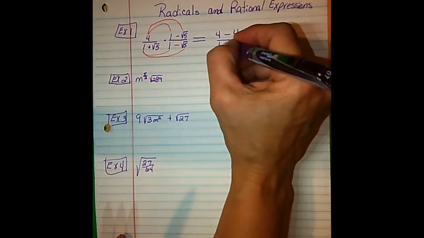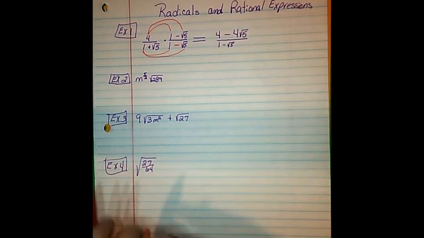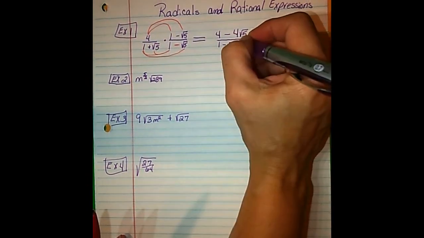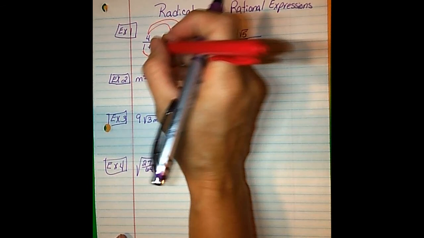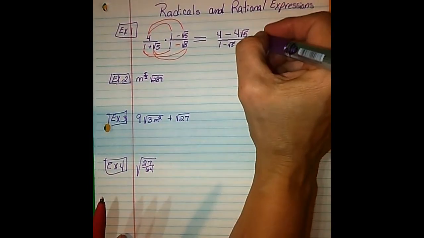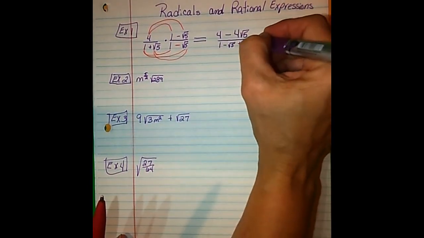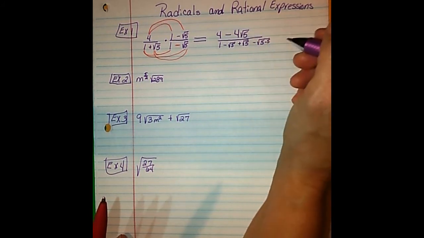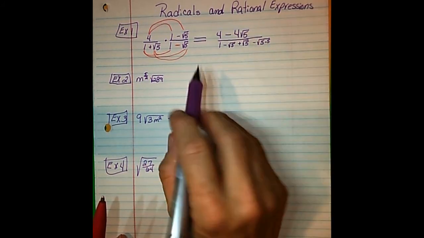So I'm going to have 1 times 1 is 1. 1 times a negative square root of 5 gives me the negative square root of 5. I'm going to have a square root of 5 times 1, and it's both positive. And then the positive square root of 5 times a negative square root. Well, negative times positive is negative. But there's 2 of them there. So that means I'm going to have 2 5s inside the root